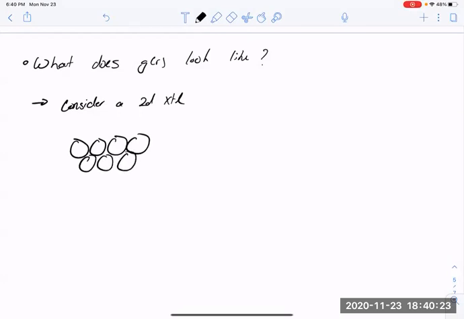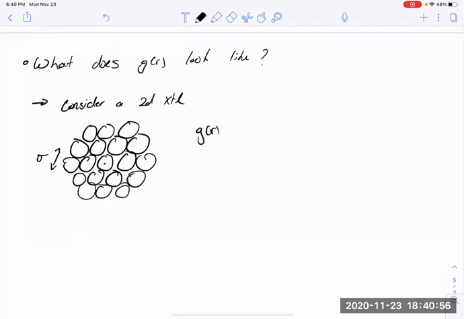So those particles are going to pack in some ordered arrangement, maybe like so. Maybe in a simple fluid, it might pack in a hexagonal lattice. Let's denote the size of the particles with the diameter sigma. And let's put the origin right here. So if I was going to look at the G of R